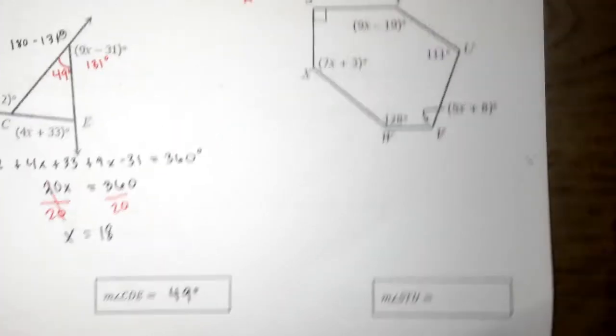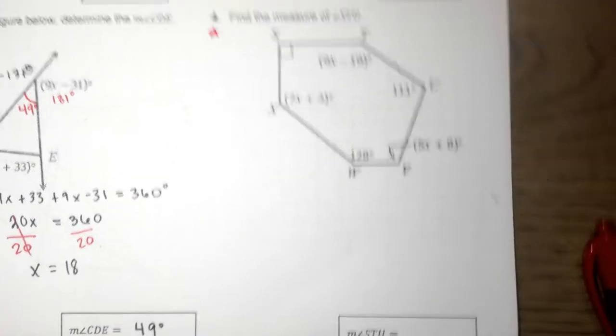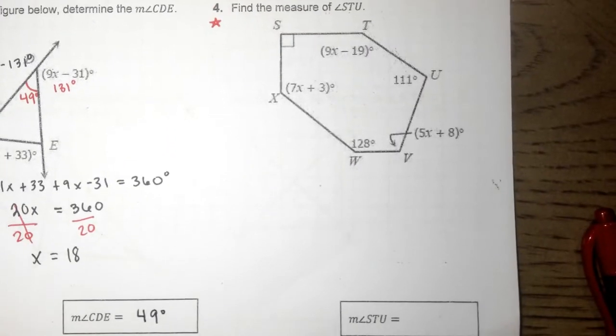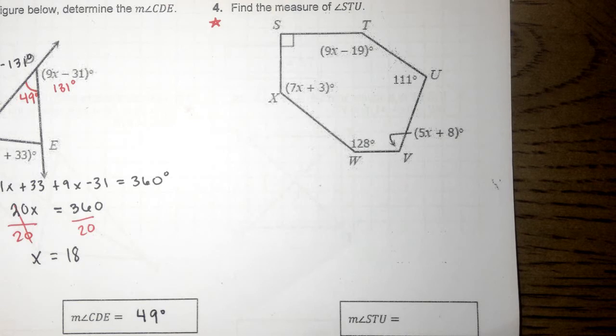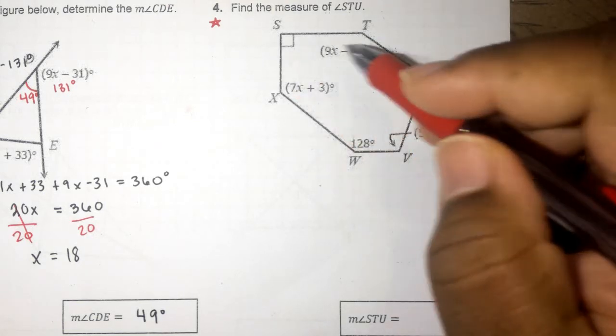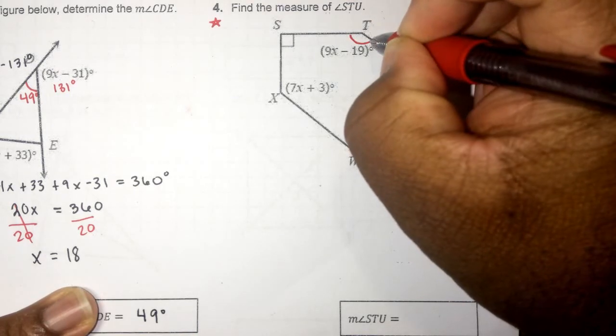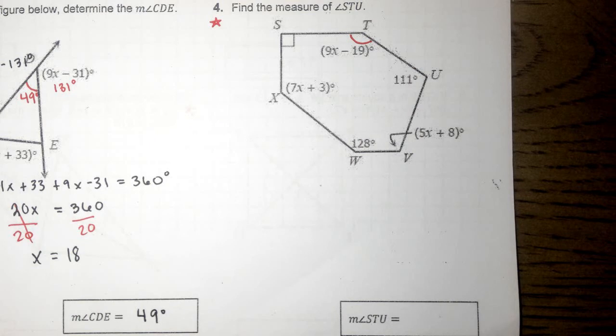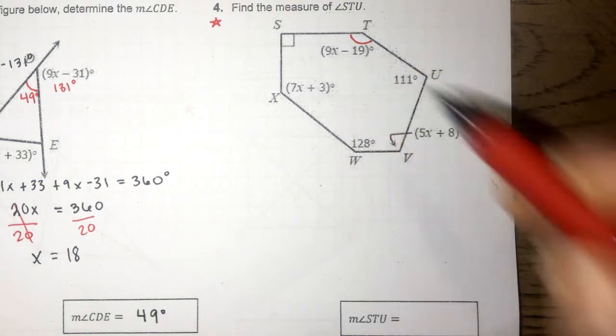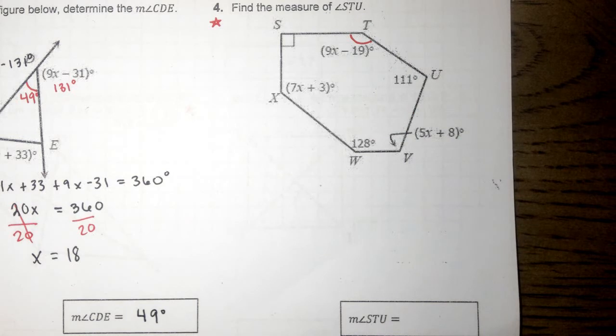Next one I'm doing, number 4. Find the measure of angle STU. Like I didn't do on the first one, it's important to identify what you're looking for first. Angle STU is this interior angle right here, this one right here with a 9x minus 19 on it. So to find that angle,